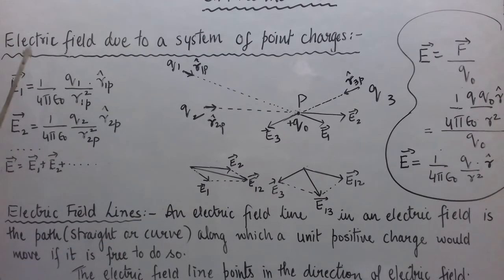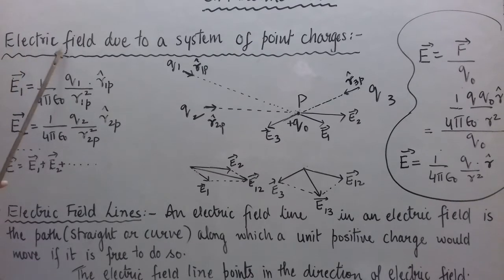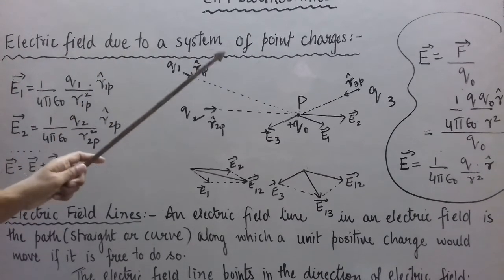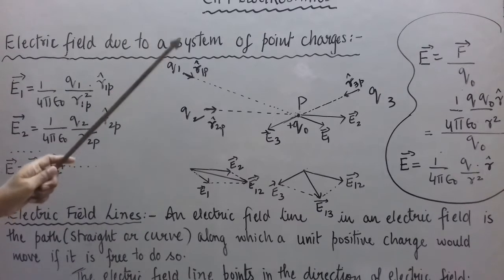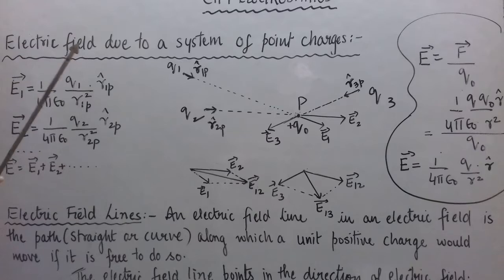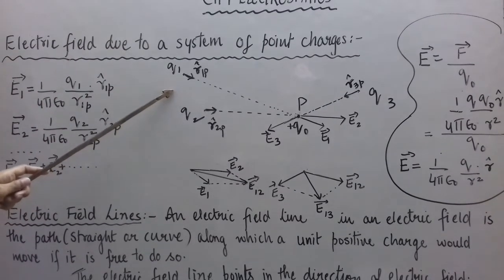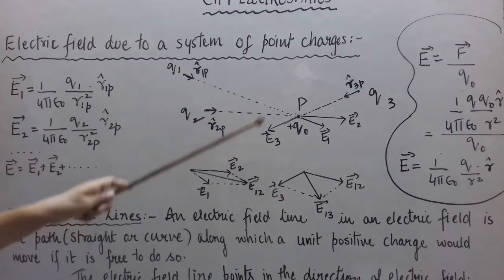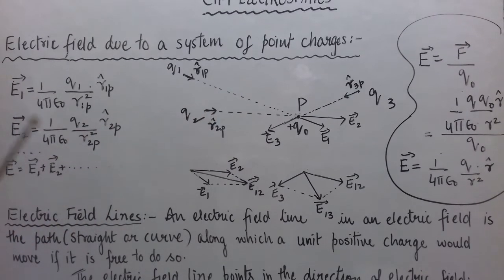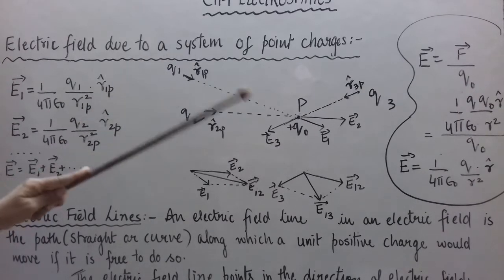In today's lecture, we are going to continue with this topic, and we are going to find electric field due to a system of point charges or a group of point charges, or we can say discrete distribution of point charges. Discrete means they are not continuously available in one place, they are distributed at different points. So we can consider a system of point charges Q1, Q2, Qn placed in vacuum at different points.